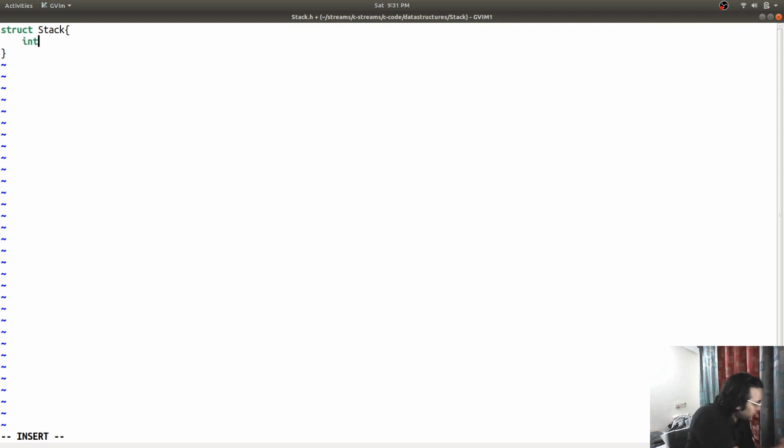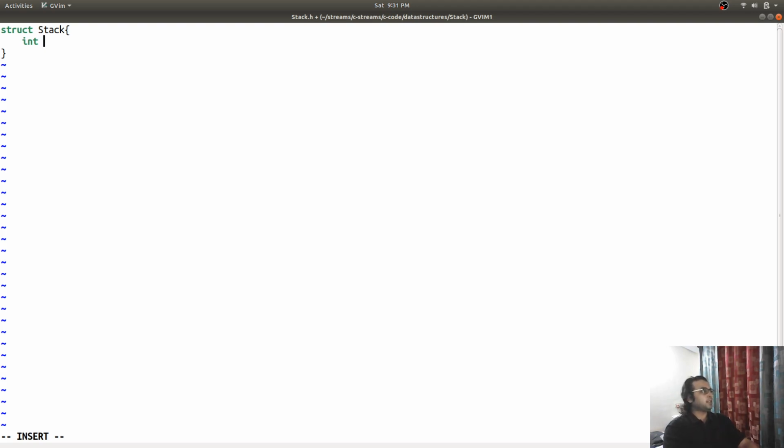Let me mute my phone first. It provides a collection: all different memories are collected in one point, and we are able to access that. This is what a structure is.